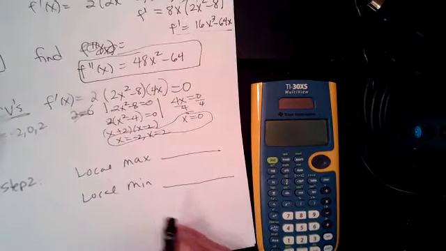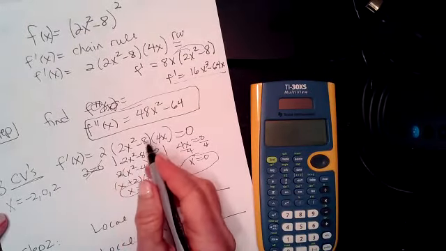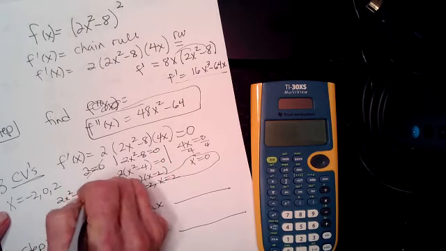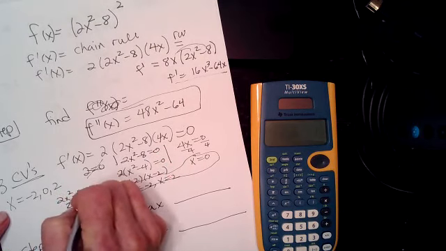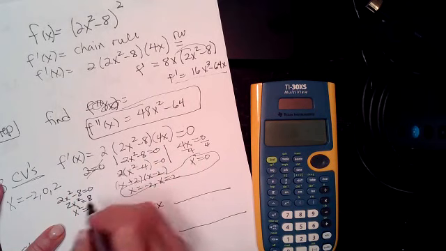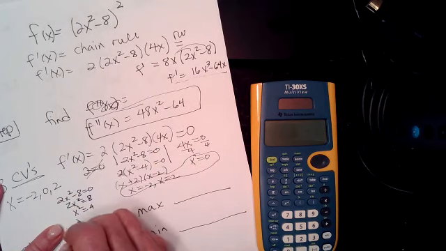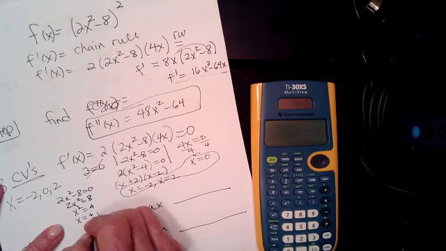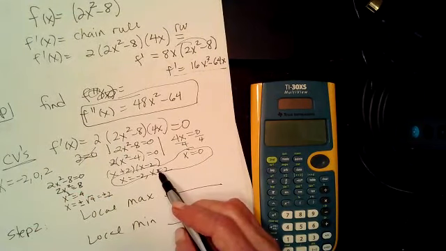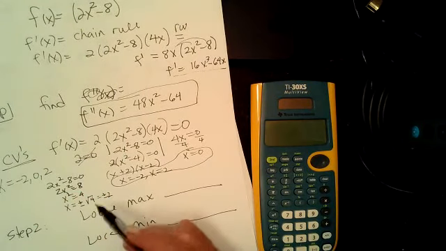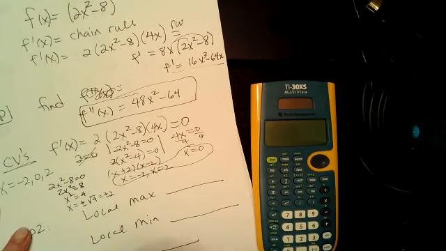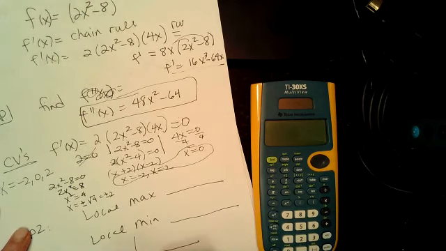Okay, all right. Also, let me just show you this. You might have wanted to say 2x squared minus 8 is 0. 2x squared is equal to 8. X squared is equal to 4, but I have a lot of people say x is 2. But remember the square root property. X is plus or minus the square root of 4, which is plus or minus 2. So that's why I usually factor it, because people forget that it's plus or minus. But whatever you decide,